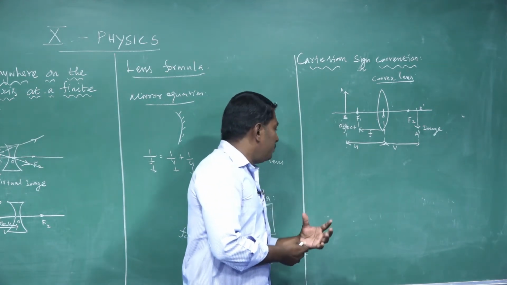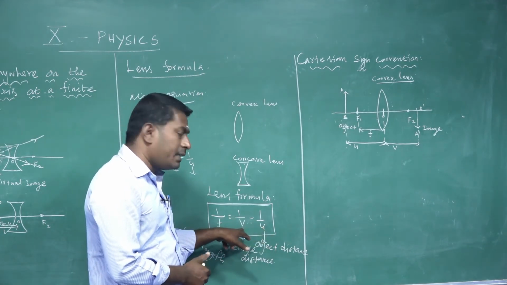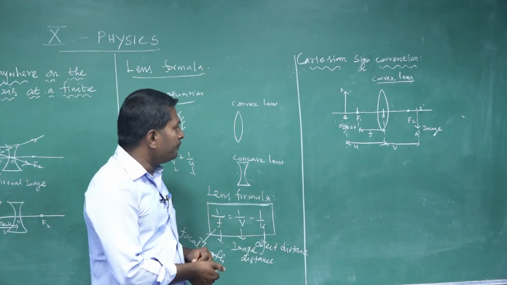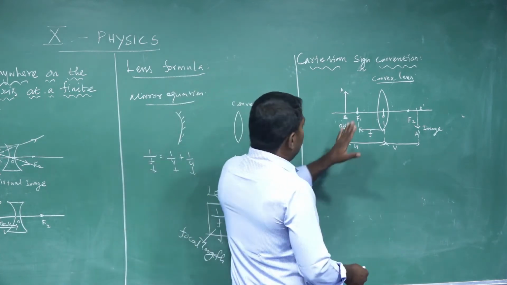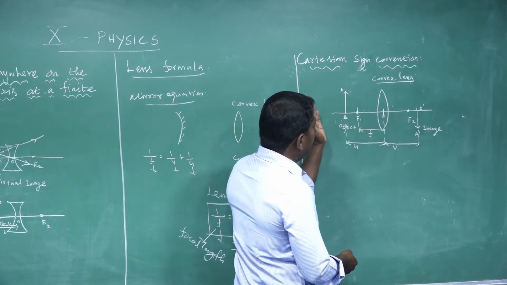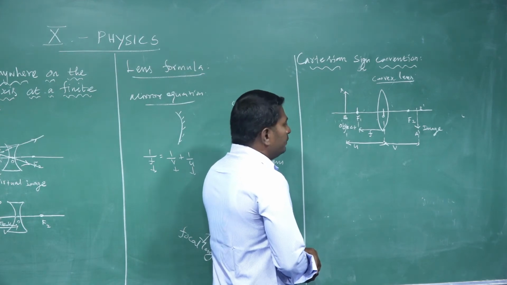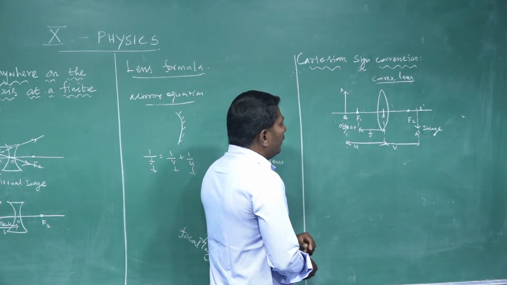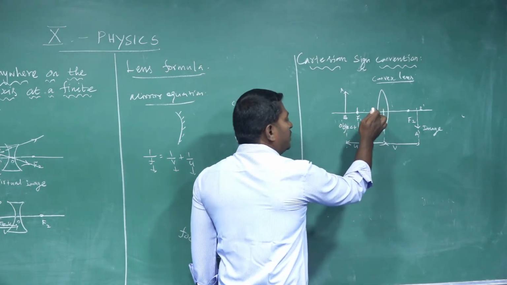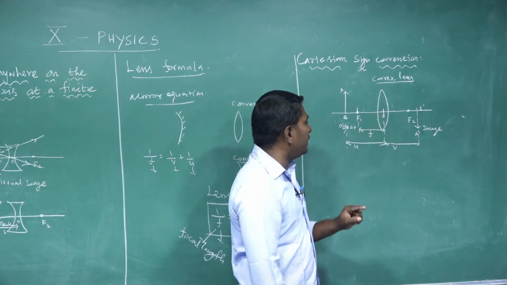While solving the problem to determine the focal length of spherical lenses, object distance and image distance, we apply the proper sign convention to this equation, then only we get a proper result. In the Cartesian sign convention, the object is placed always on the left side of the lens, either convex lens or concave lens. Next, all distances must be measured from the optic center of the spherical lenses. Any distance is always measured from the optic center.